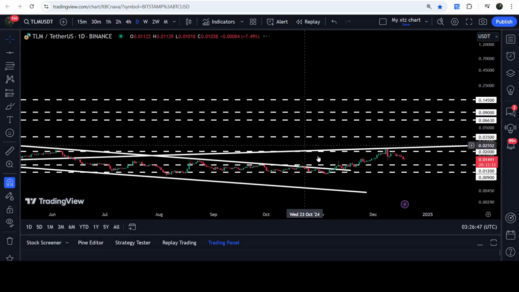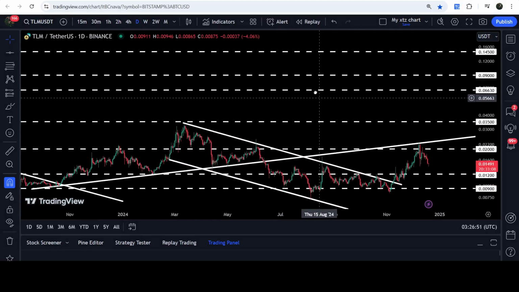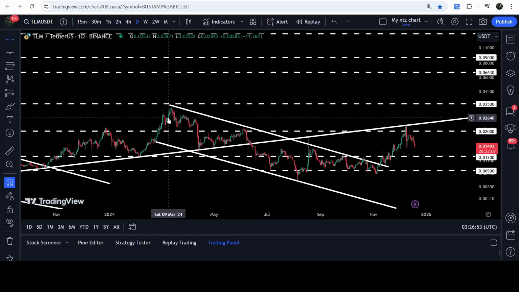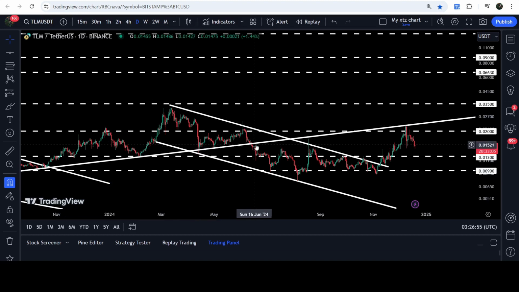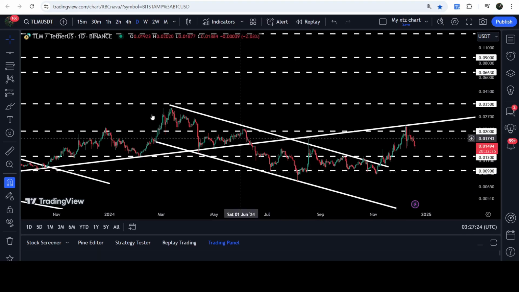Now let's move to the live chart of TLM. And first of all, let me show you the daily time frame chart. And here you can see that for the past several weeks, it was moving inside this down channel. And while moving inside this channel, we broke down this very significant uptrend line support. And we also broke down the next support of 1.2 cents and dropped down at this long-term support of $0.009. And the price was getting accumulated here for the past several weeks. And after moving sideways here at this support of $0.009, finally the price broke out the resistance of this